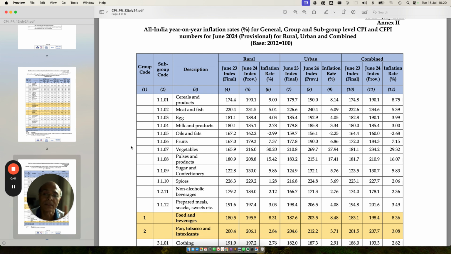Now, what is inflation? Inflation is a very important metric which impacts our lives. Why does it impact our lives? Because it is an indirect tax on the people of India. The value of the money dilutes. Whatever money you earn gets diluted and has less purchasing power as time progresses.